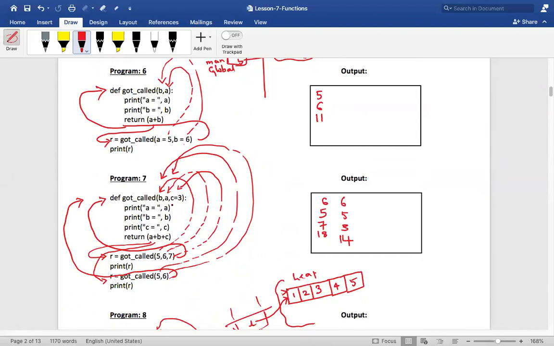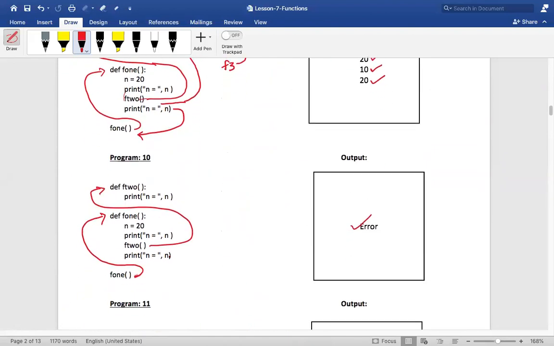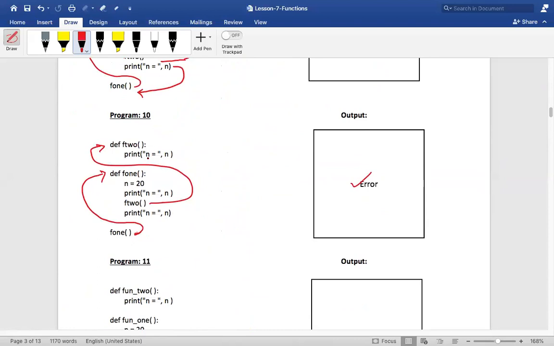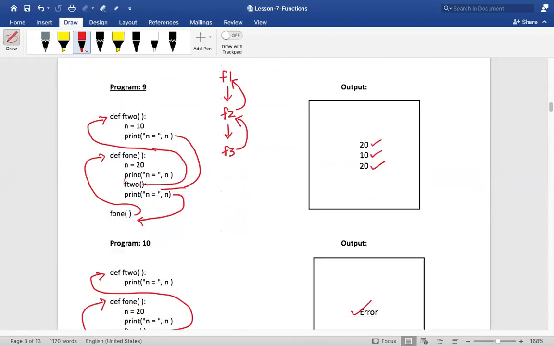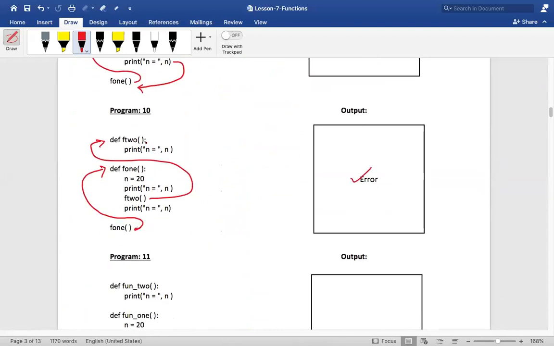Kavya, are you understanding? Yes, sir. So here we are not passing anything or receiving anything. We are trying to print the value of n. See here, our default argument comes in the argument section, right? So we are only trying to print the n value and n is not there anywhere over here. Is there an n belonging to F2? Kavya, listen, okay? Yes, sir.